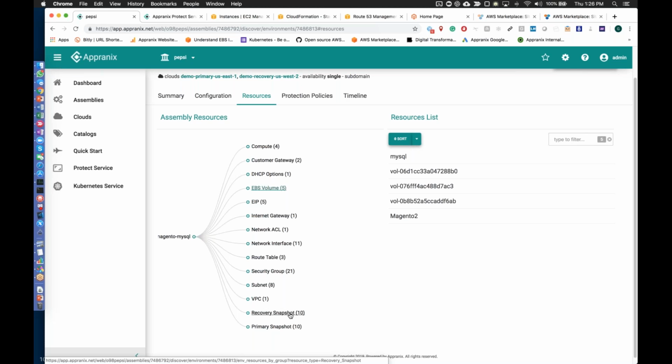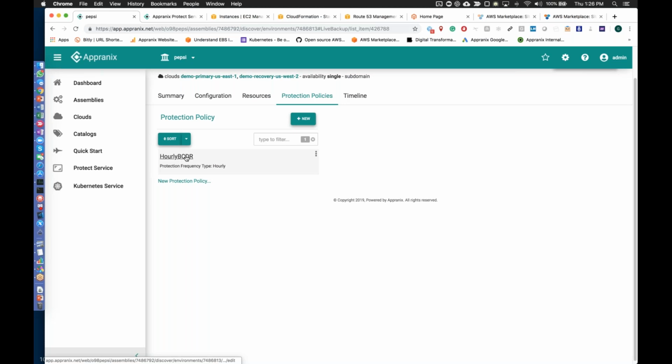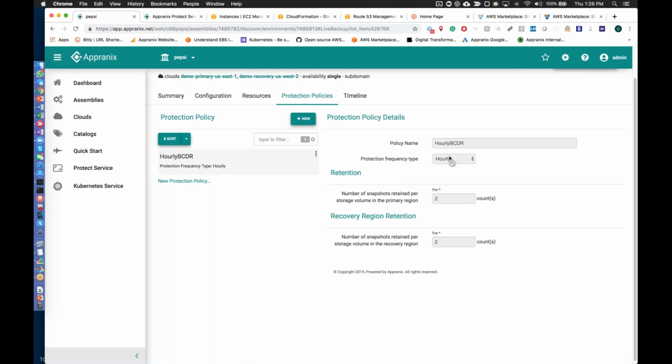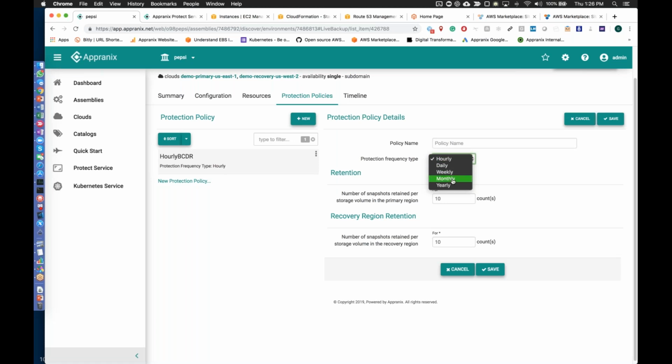And along with it, you now have the capability to combine your snapshots based on the policy. So what you'll have to do is go and define a policy. In this particular case, I defined a very simple policy. I can go ahead and define multiple policies as well: daily, weekly, monthly.